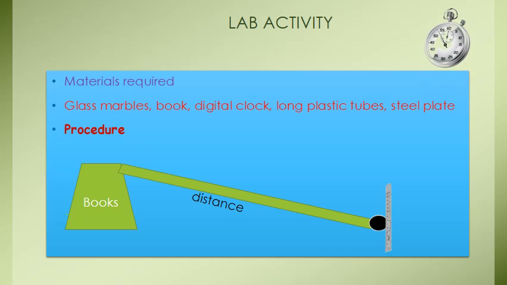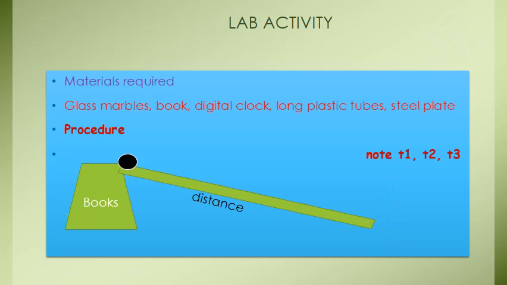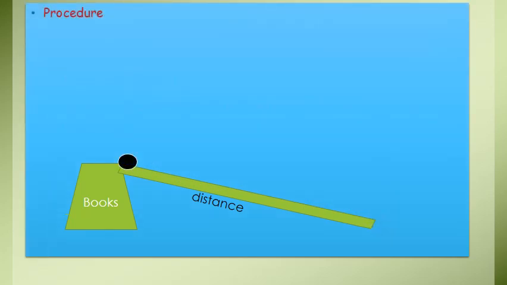Okay, so using the digital clock, you just simply use the stop clock and note down the time for the first roll. Again, you have to repeat the same experiment several times so that you get different timings. Note down those timings 1, 2, 3. Let us say you have to do this activity a minimum of 3 times. Note down the timings each time.